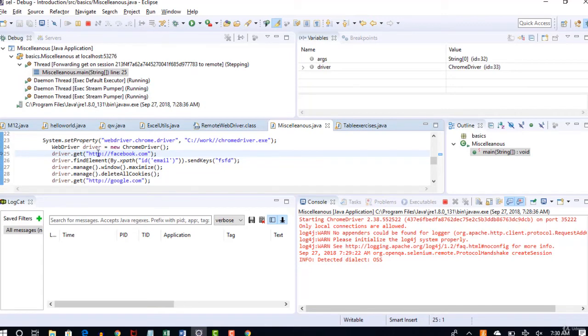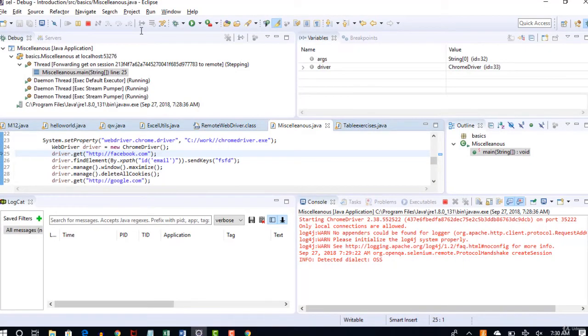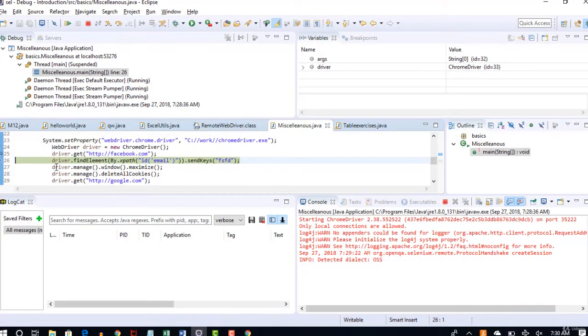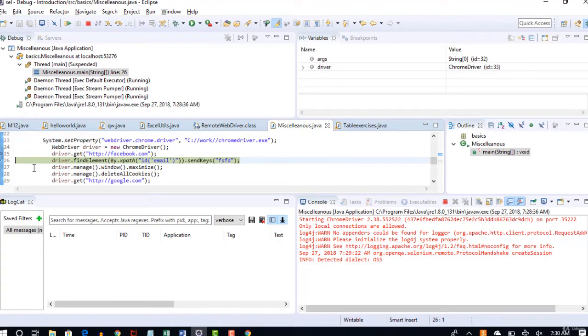Now Eclipse executed this Facebook.com step, so this will be loaded in your browser, and again the test will stop after completing this step, and it will get paused again at line number 26. Let's see. Yeah, you see that it's still loading. So once it stops loading, then you will see the browser. Yeah, you see that again. Now the line moved to the next step and it's on the 26th line.